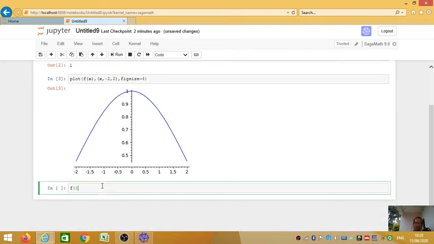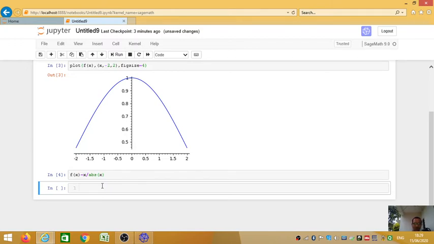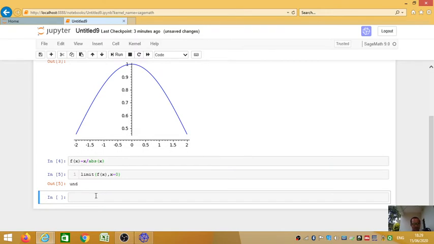Now you can take different functions. I will take here the next example, x upon absolute value of x, right? So you can directly find out the limit here. I will find the limit of the function. Here we will find the output by pressing shift and enter. Enter x equal to 0. What happened at x equal to 0? The function is undefined. So the answer must be undefined, right? Correct. The output is undefined.